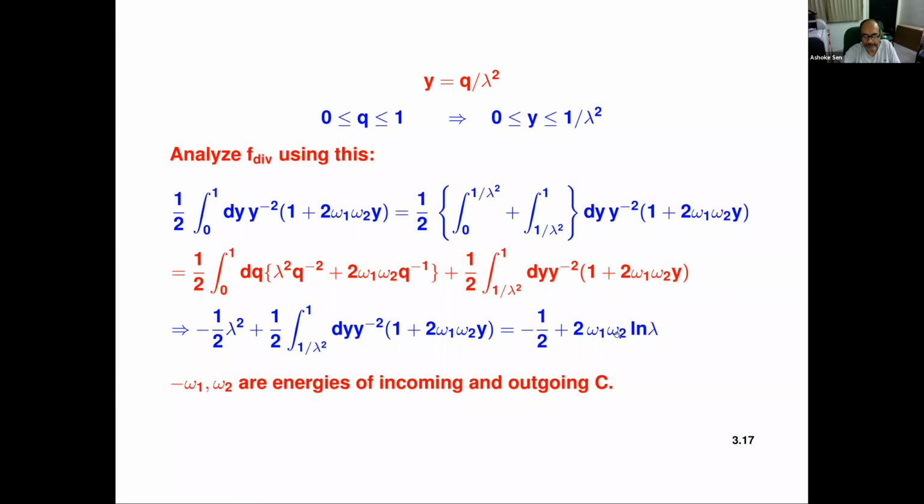And again, let me remind you that minus omega 1 and omega 2 are the energies of the incoming and outgoing strings. And this we can take as a result for arbitrary omega 1 omega 2. You don't need to impose omega 1 plus omega 2 equal to 0, because we are still working on the T instructor. And in fact, for endpoint amplitude, you will not impose omega 1 plus omega 2 equal to 0, right? Because the final delta function contains all the omegas.